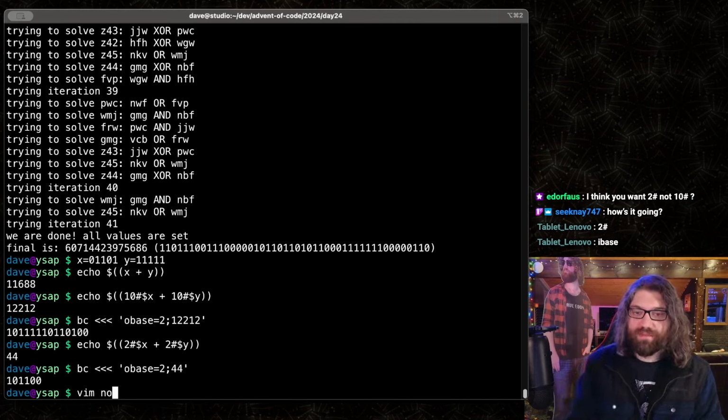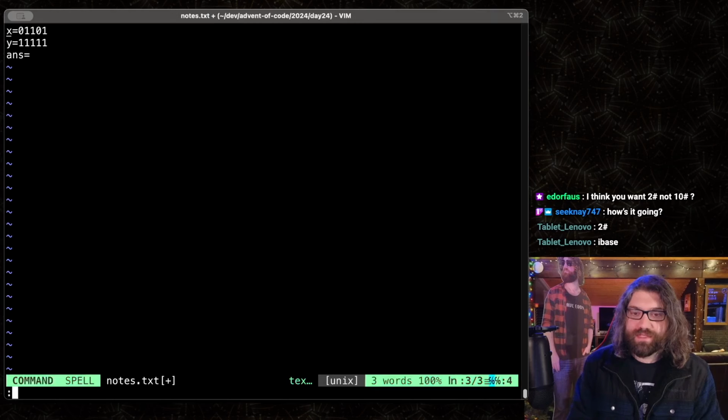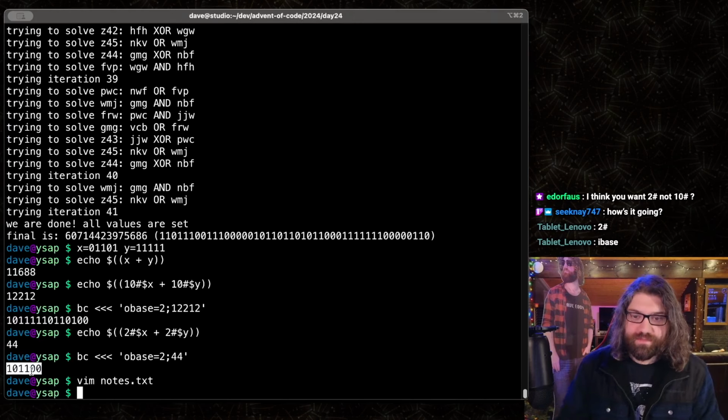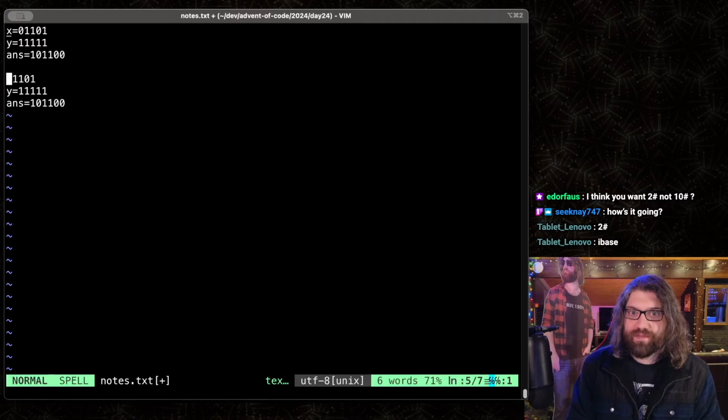I'll just do that. I'll be better about explaining what's going through my head. So here's what we have. And then the answer was this. And we can verify this by just writing it out like a math problem. So we could have like...